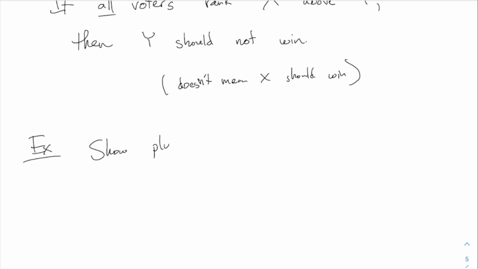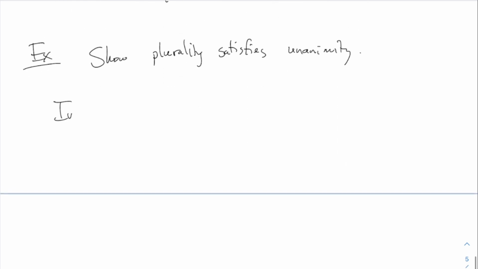Show that plurality satisfies unanimity. All right. How do we do that? Well, you should write your argument with the same kind of structure. Now, it's not going to say, imagine that, like before, X is ranked first choice by a majority. That's the majority criterion. How do we do it for the unanimity criterion is, I say, imagine